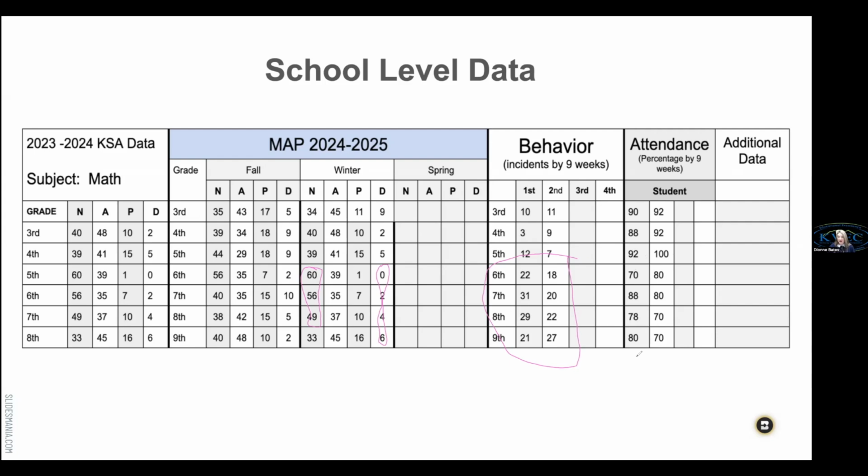So then how many of those students have disabilities? Or do we have high numbers of students with disabilities in those subgroups? In that 6th grade, I'd start looking at that. How many of our students with disabilities are not attending? And when you see those behavior incidents, like for 6th grade you see 22 incidents, that could be a few students that are having multiple incidents. So those are some other things to start thinking about.